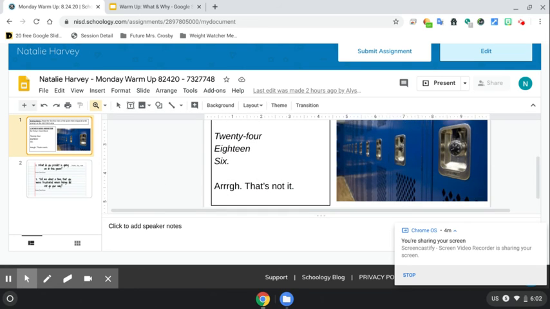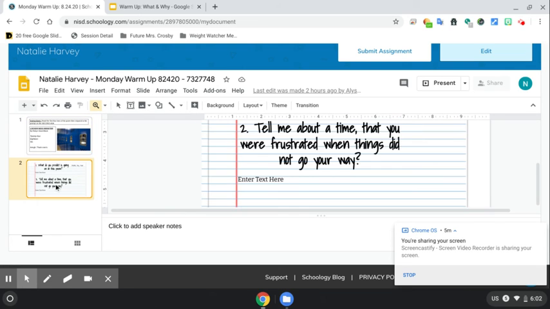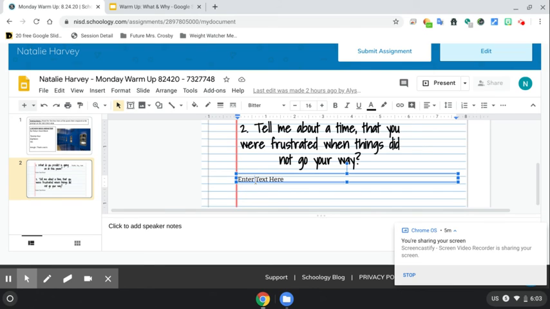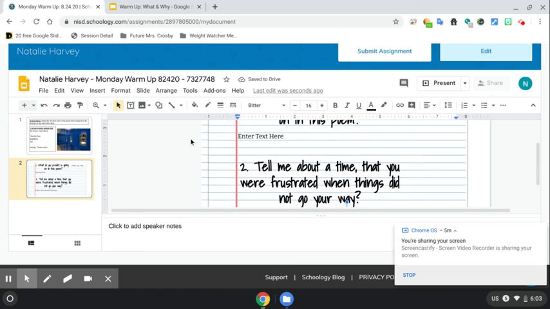All right, so then this is where you will respond. Whenever you click the magnifying glass, you have to go over here and hit the little arrow. It says enter text here, and this is where you will type. So I will type this. After I type my response, then what I'm going to do is hit